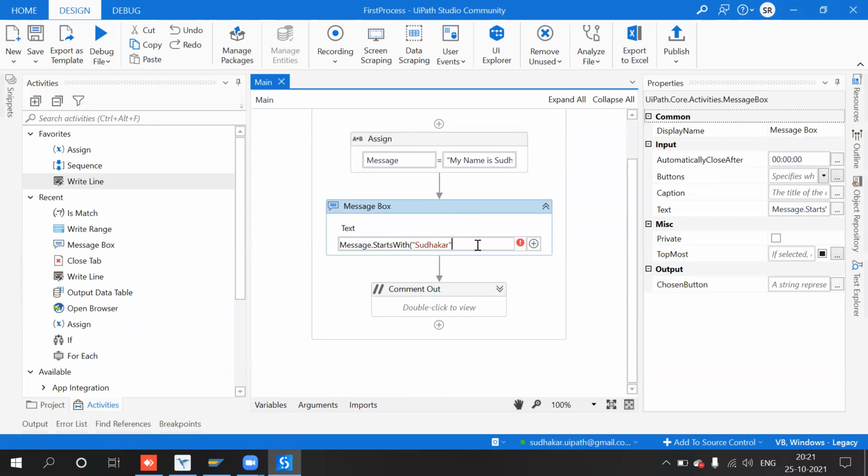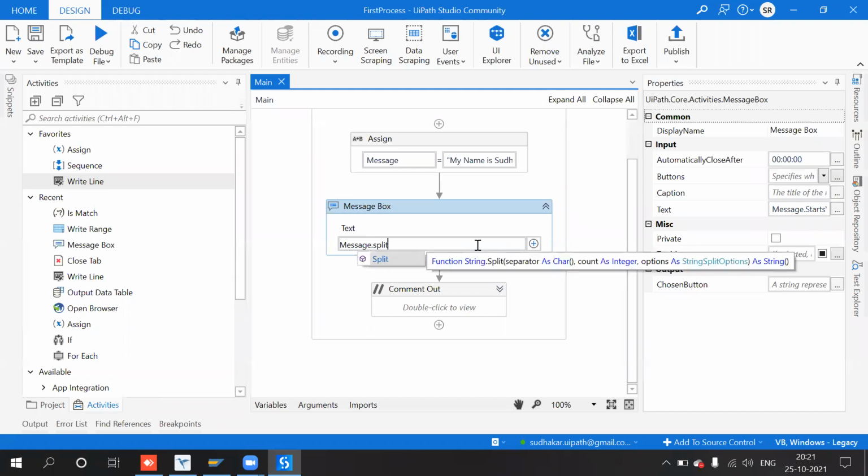And message dot, see, there is one more important function, split.